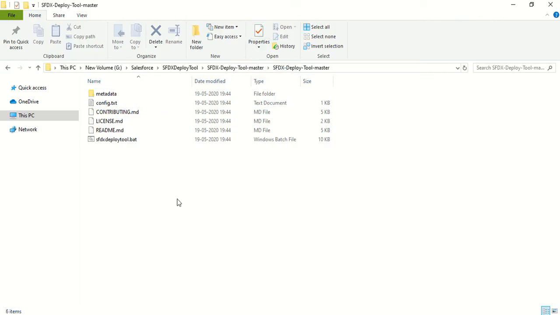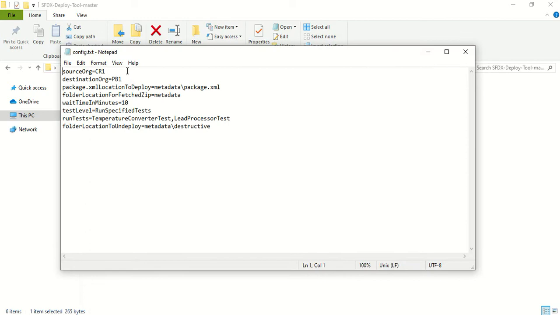Once you have downloaded the zip file and extracted the data, the first thing that you need to do is go to config.txt, and you can set up your source org and your destination org alias here. The source org alias is basically the alias of your source org, which is a user friendly name if you are familiar with SFDX. Even if you are not familiar with SFDX, you can simply leave it blank.